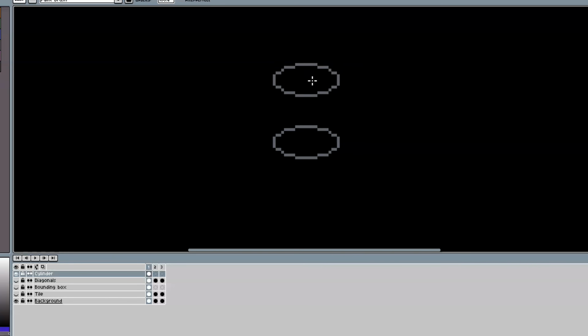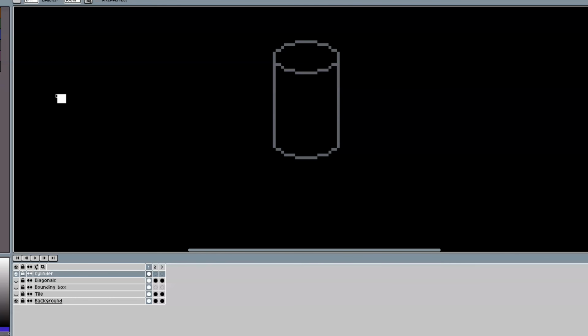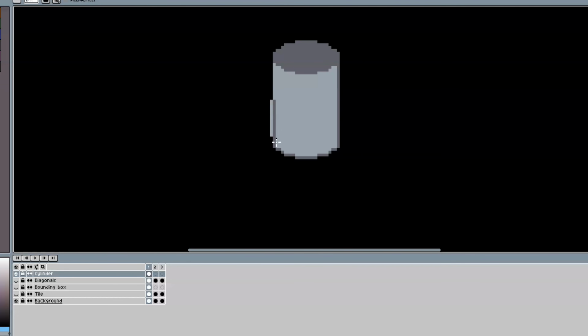Let go of the mouse button and now we have our circular shape that fits perfectly in our standard isometric tile. The rest of the cylinder is easy to create. We can simply copy-paste the circular shape, move it up or down vertically and connect the two shapes with vertical lines like this. If you don't want the cylinder to be transparent, remove the lines that should not be visible.